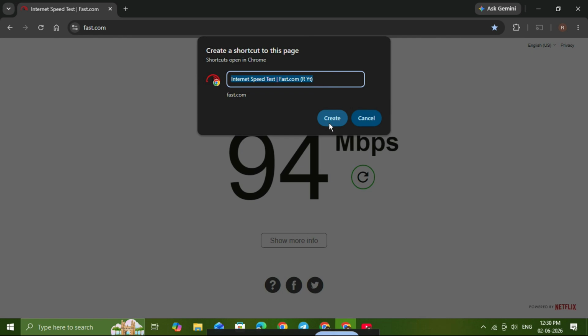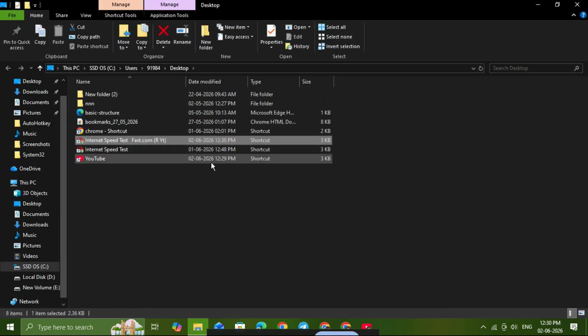In a few seconds, it should create a shortcut on your desktop, and it may also add the app to your Start menu or Applications list, depending on your computer. From now on, you can open that site directly from the shortcut without first opening Chrome and typing in the address again. When you launch it, the website will open in a clean standalone window without the usual browser tabs